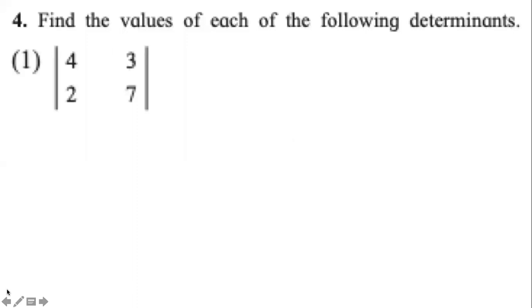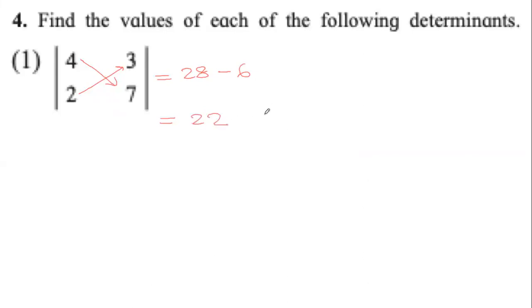Now in this question, a determinant is given and we have to find the value. Remember, it's a very simple thing. All the determinants that we will see this year in this chapter will be degree 2, so 2 rows and 2 columns. First step, we multiply 4 and 7. Second step, we multiply 2 and 3. Third step, we subtract. So writing it in mathematical form, 4 into 7 is 28 minus 2 into 3 is 6, which comes to 22.